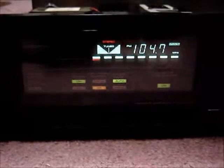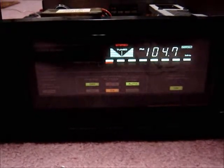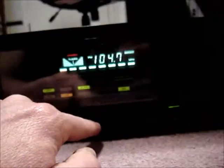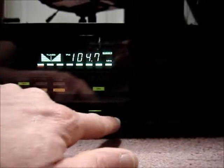It remembered the station when I had it off for the time I was putting it back together, but you know, I have to leave it off for a while, maybe a day or so, and see if it retains the station memory. And pretty nice receiver. It's all lit up, push buttons,